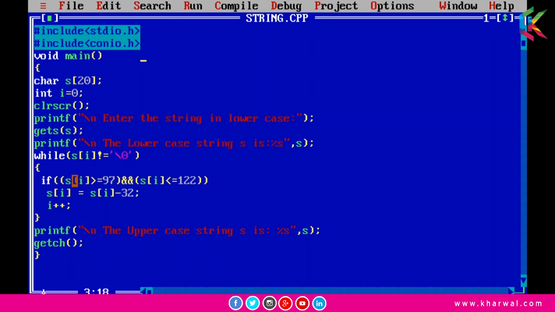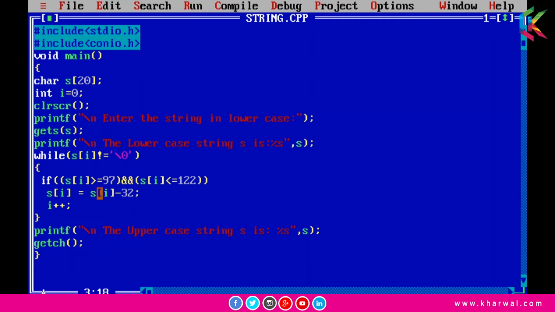We are putting a condition here. If the alphabet is greater than or equal to 97, or we can say small a, and the alphabet is less than or equal to 122, or we can say small z, then we subtract 32 from this alphabet and it will automatically convert to uppercase. Let's take an example.